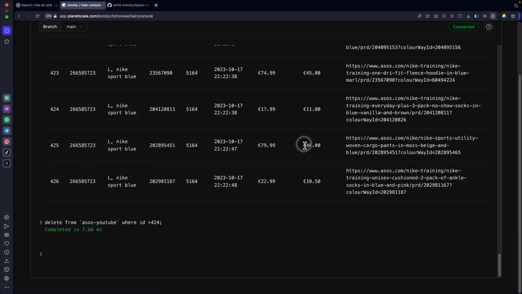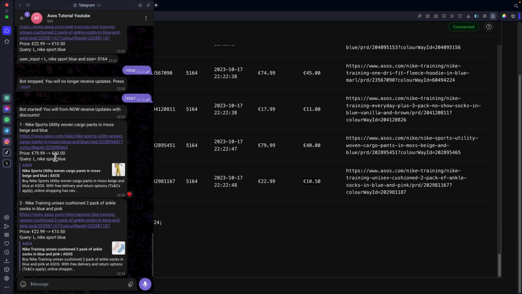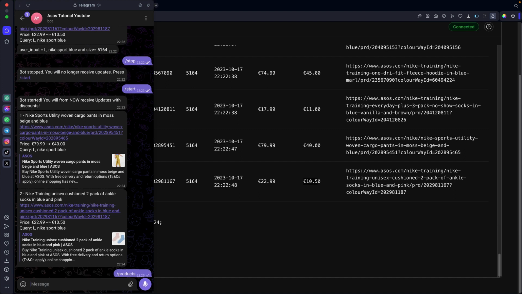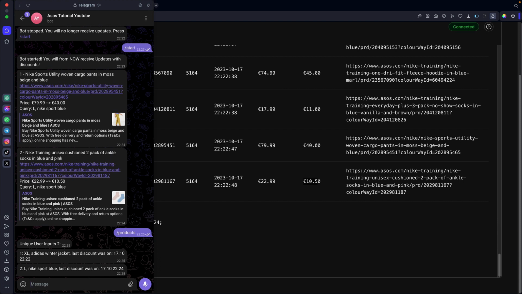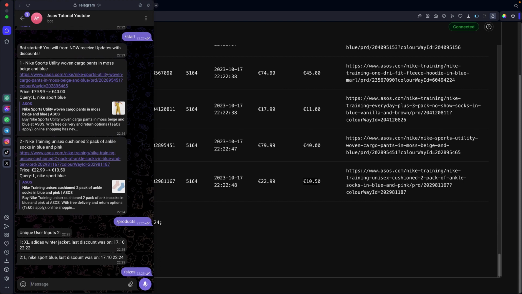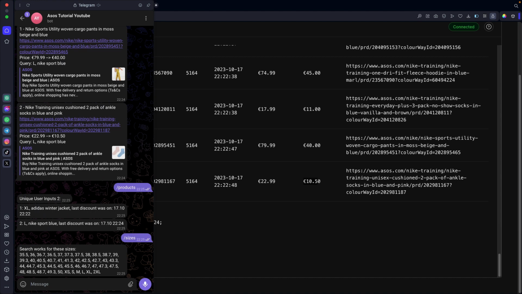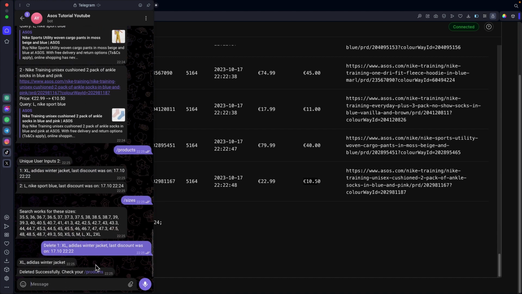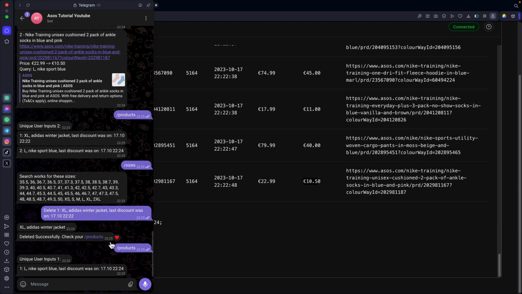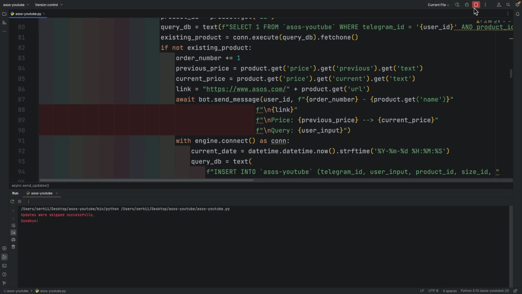The prices of items we deleted were 40 and 1050. And if we check the deals bot sent us, it has the same prices. So it must be our products that we just deleted. Meaning our bot is really sending us only the deals that we haven't seen yet. And here you can see that all other functions of the bot work too. So let's close our code and PyCharm.